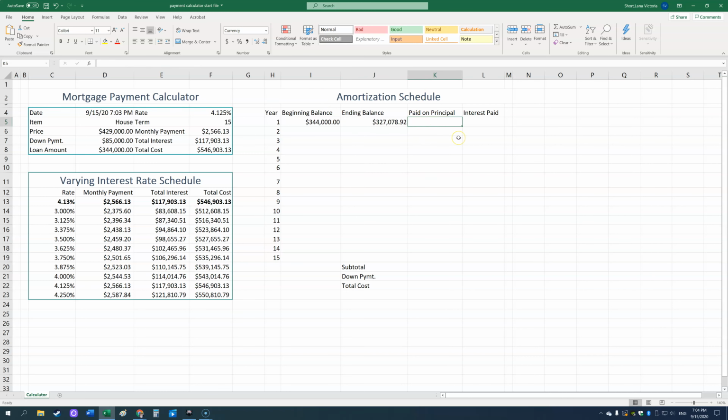the paid on principal for K5, now we just have to show the difference between I5 and J5. So this is the difference, I5 minus J5. So that's how much we paid on the principal while paying the monthly payment during year one. Okay, and